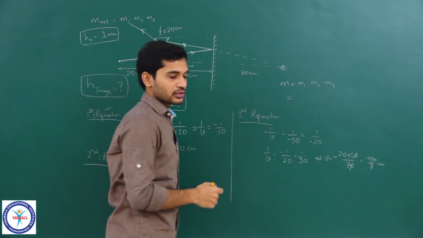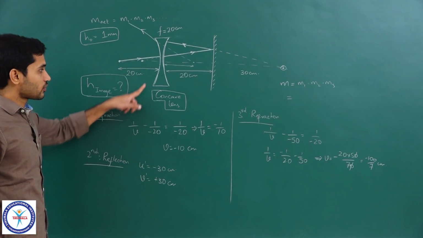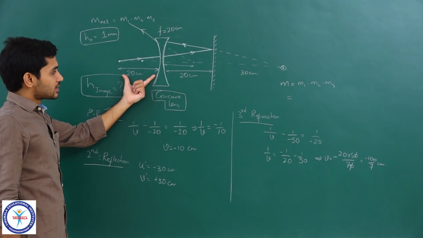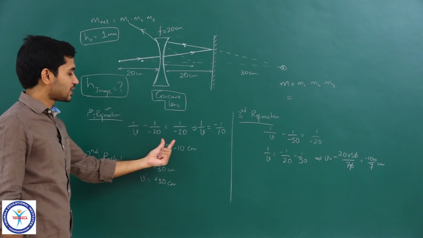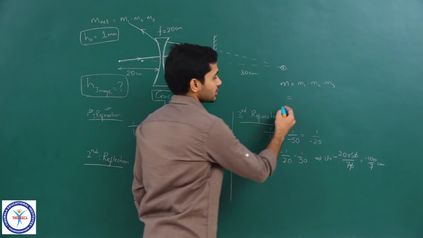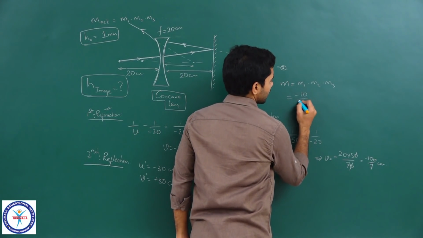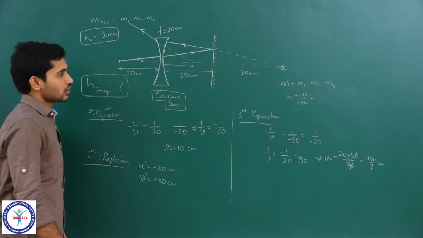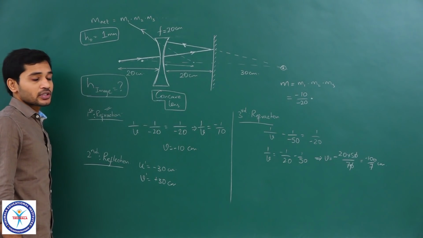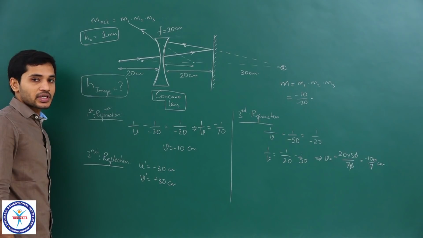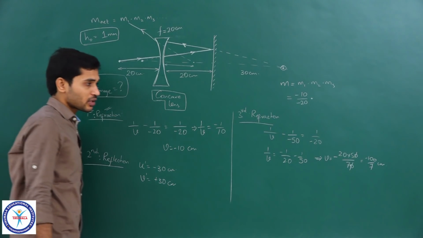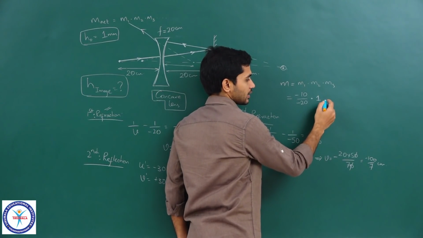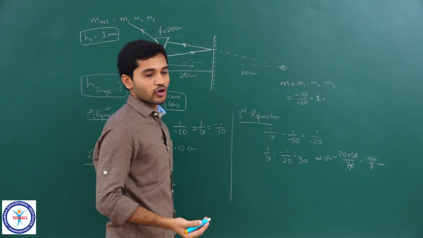So, if I substitute the values, M1 for the first lens, for light which is travelling in this direction, object distance is minus 20, image distance is minus 10. So, what should I write? Minus 10 by minus 20 multiplied by. So, for plane mirror, what does a plane mirror do? Will plane mirror produce any magnification? No, right. Magnification produced by plane mirror, we can consider that to be 1, correct. So, you do not have to once again write a formula for that.